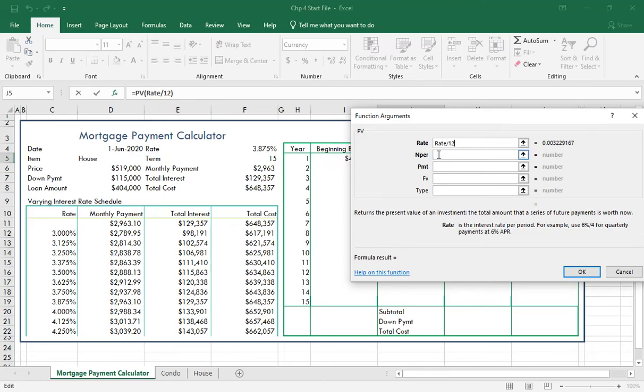My periods is going to be 12 times, left parenthesis, F5, total number of years, minus whatever year I'm in. In this case, H5. Right parenthesis. PEMDAS again. Okay. After year 1, you can see we have 168 months left. Total number of years in the term minus whatever year I'm currently in times 12 will tell you how many payments you have left